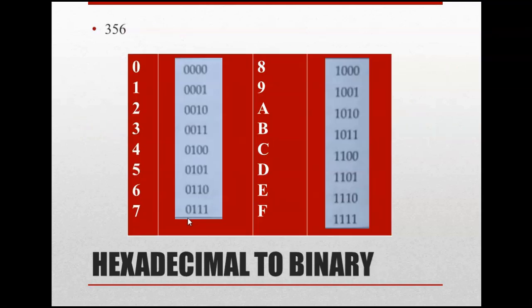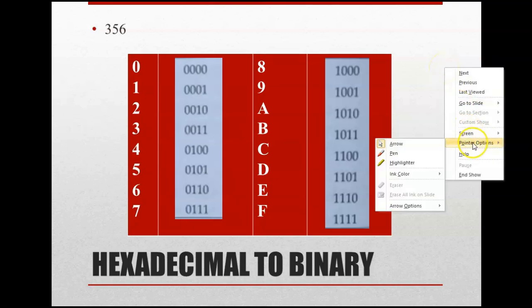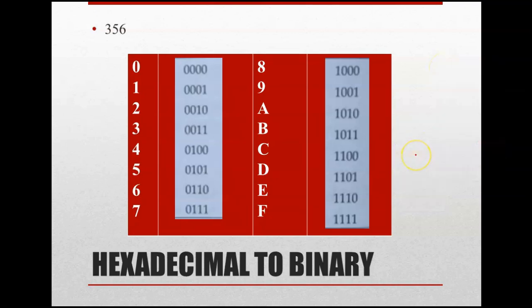So next is the hexadecimal to binary. You can do it with the help of a direct table. We did that thing in octal form also. To work with the table is quite simple. This one is the hexadecimal form, and this is the binary one, right? Then again this is the hexadecimal and this is the binary one.